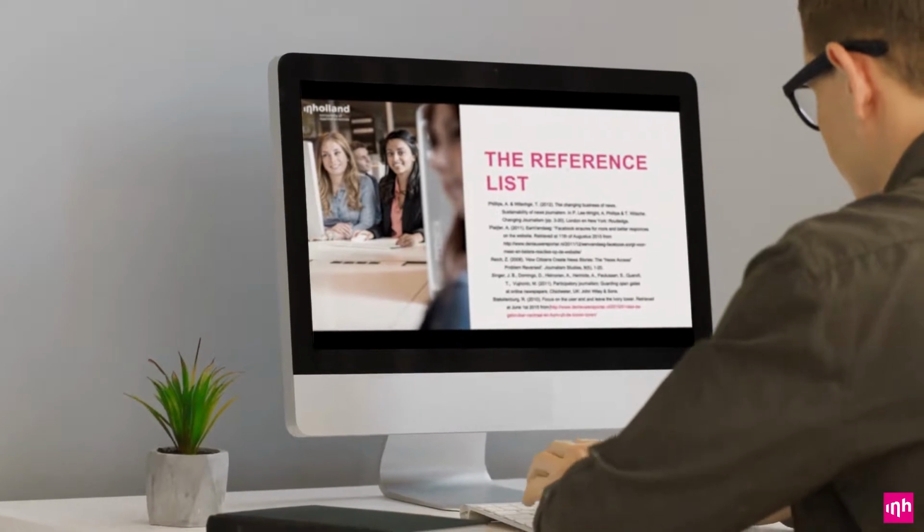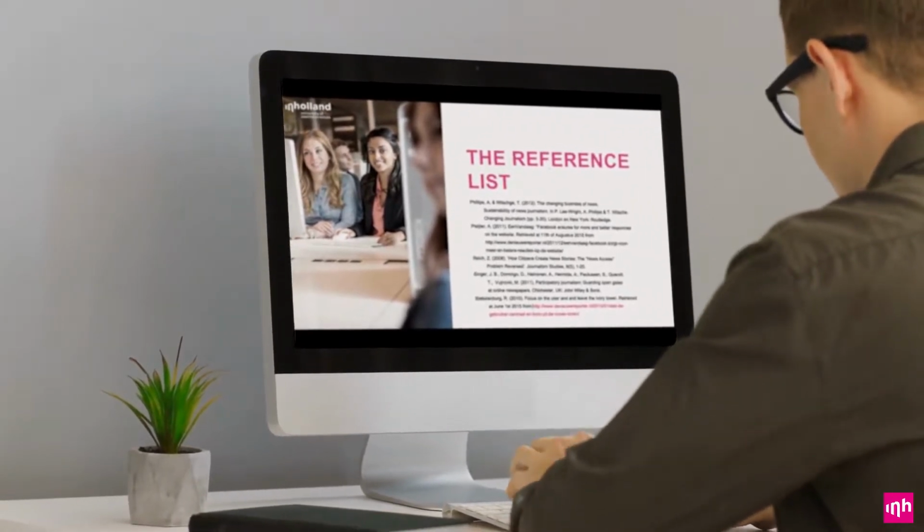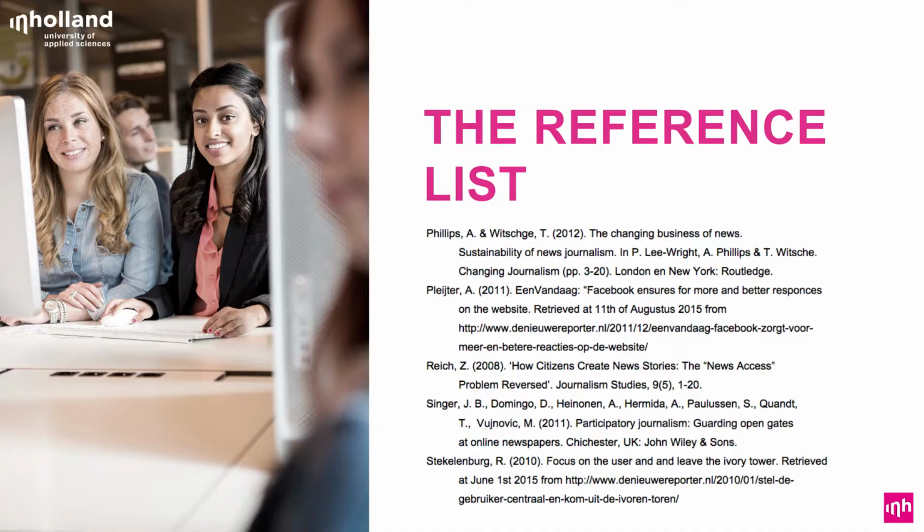The final topic is the reference list, also referred to as the bibliography. The reference list is alphabetized. Note that you should not categorize sources by type of source, such as internet sources and books, for example. Everything is included in the same list in alphabetical order. The sources in the reference list should all have been mentioned in your main text and vice versa. This entails that your reference list should not include more sources than are mentioned in the main text, including any you may have read but have not incorporated in your text.